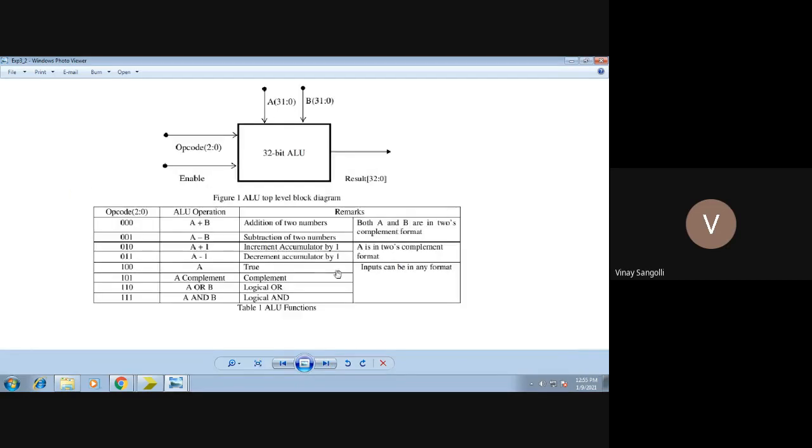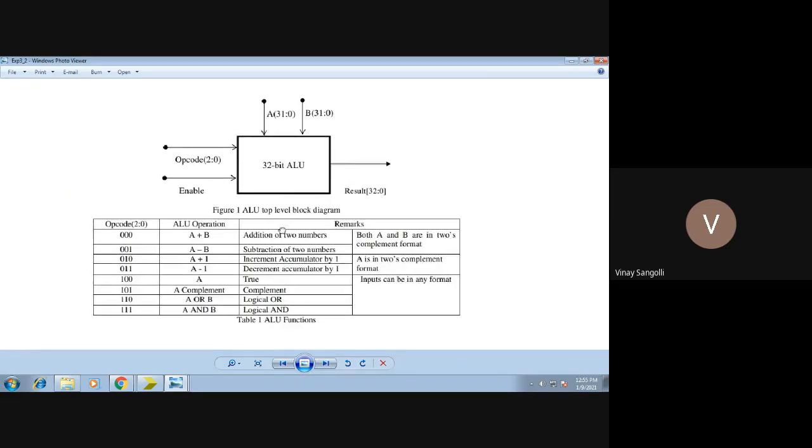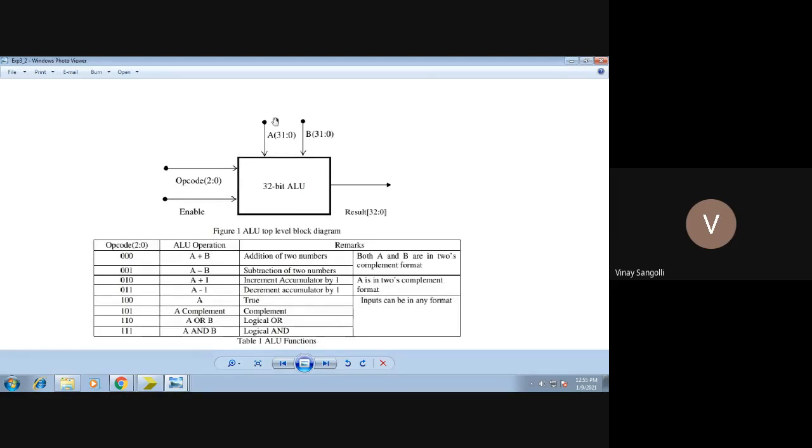So this is how your ALU would look now. The desired thing is we should do a 32-bit ALU. That's why in the figure they have given you 31 down to 0. Next, you have an opcode. Opcode is nothing but like select lines, very similar to the select lines of the multiplexers. Based on a particular opcode, we'll be selecting a particular operation.